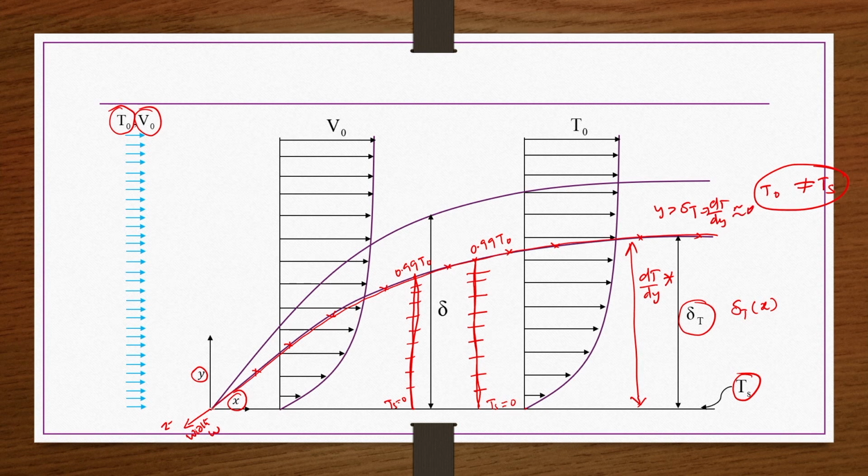The other one is the momentum boundary layer, this already we have seen, so that we are calling delta. This we have already seen in the previous slide. Okay. So, in order to differentiate them, they are of different thickness. Thermal boundary layer thickness is written as delta t.